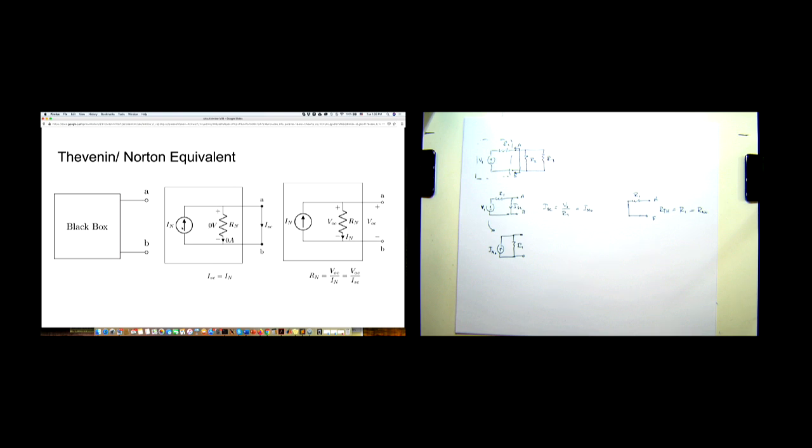Similarly, for the case of Norton equivalence, we have a short circuit current. We have a current source in parallel with a resistor. If we short A and B, all of the current is going to flow through that short. Nothing is going to flow through the resistor, and we're going to have that I short circuit is equal to I Norton. When we open those, there's going to be a voltage drop across A and B, since all of the current, I Norton, is going to flow through resistor Rn, and that V open circuit is going to be Rn times In. In other words, Rn is going to be V open circuit over I short circuit, which means that R Thevenin and R Norton are the same, right?